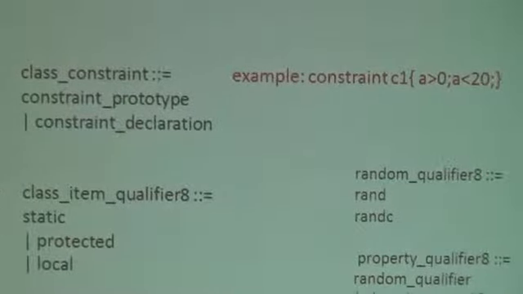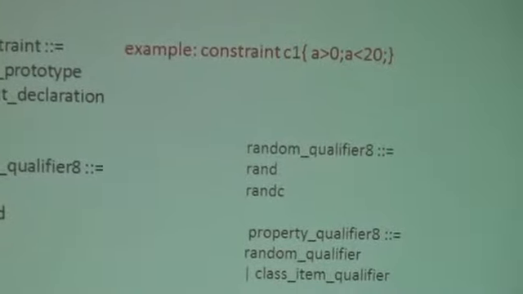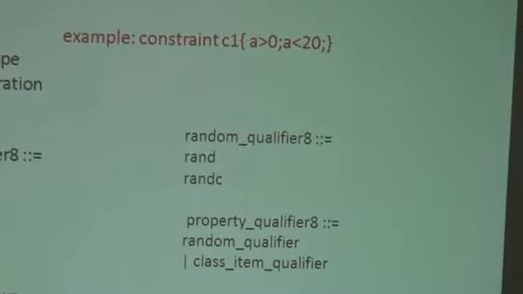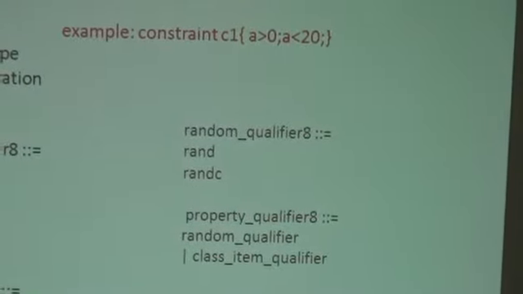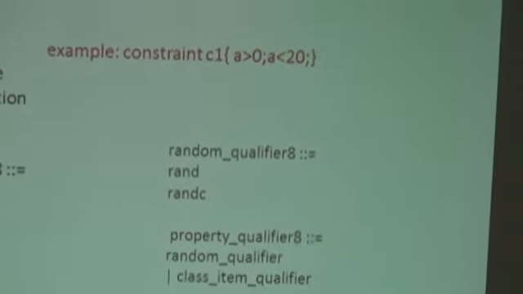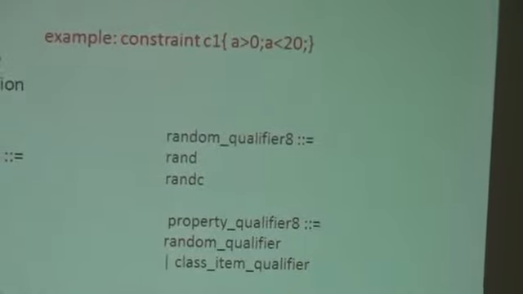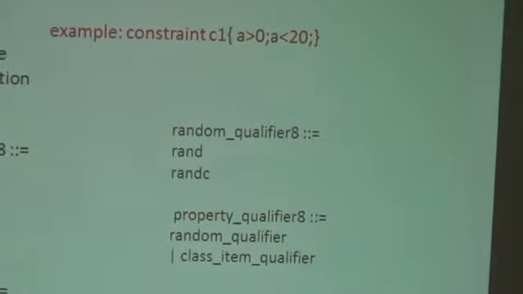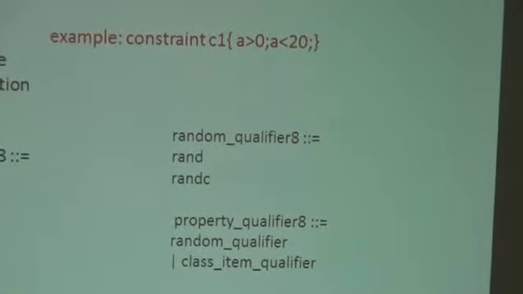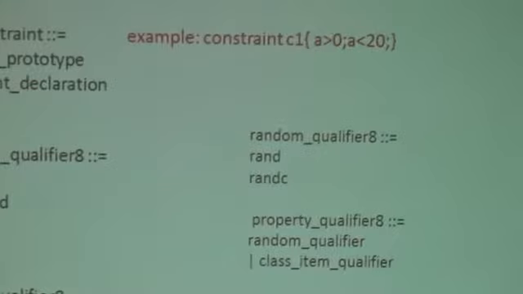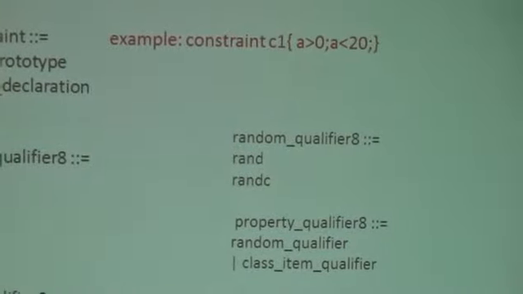Syntax of class constraint: constraint followed by any name. Let's take c1, and in parentheses we will take a, since it is declared with the data type with rand. Here in this constraint we will define the constraints of the variable defined with rand. Here a is the variable defined with rand characteristics. So here we have taken the constraint that a is greater than 0 and a is less than 20. In this manner we have defined the class items which are between class and endclass.